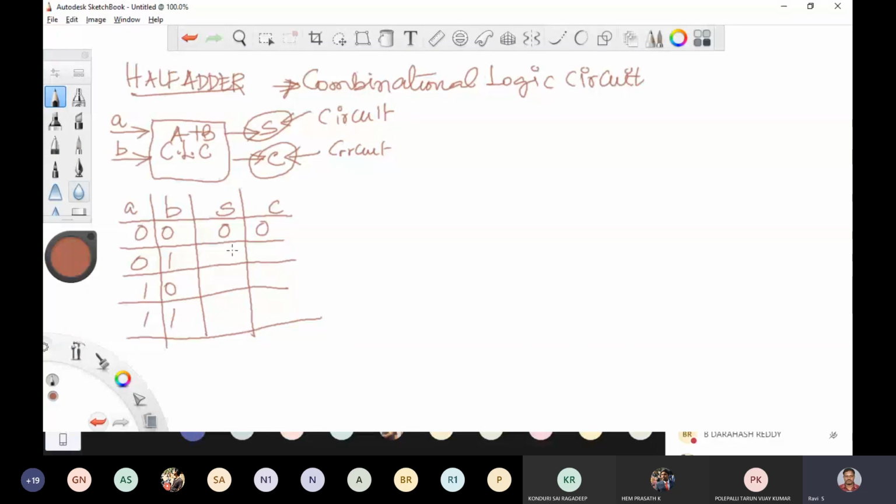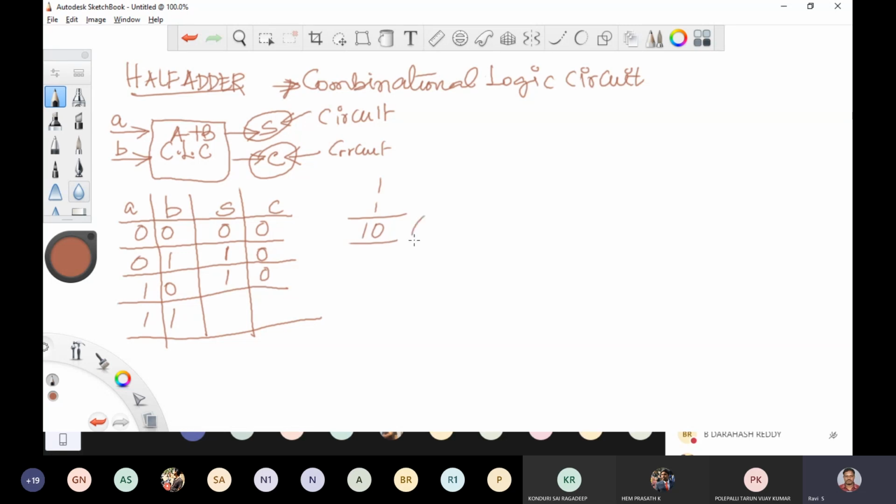I'm not performing logical addition, I'm performing binary addition. When you add 0 plus 1, sum is 1, carry is 0. When you add 1 plus 0, sum is 1, carry is 0. When you add 1 plus 1, the result is 1, 0.